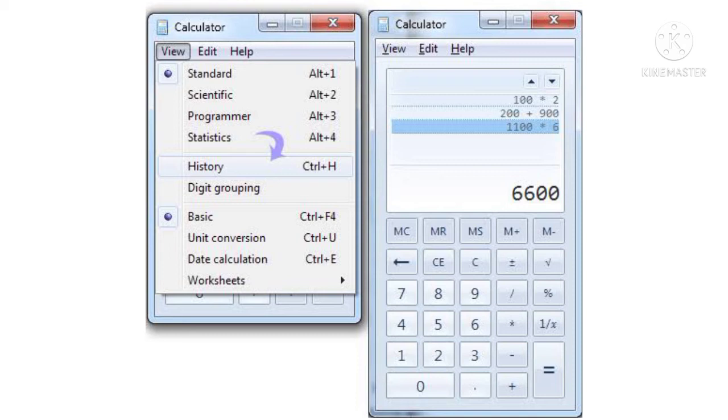Calculation history is available in standard and scientific mode. To see the calculation history: number 1, click on the View menu. Number 2, then click on History. Number 3, you can double click on the required previous calculation to edit it.